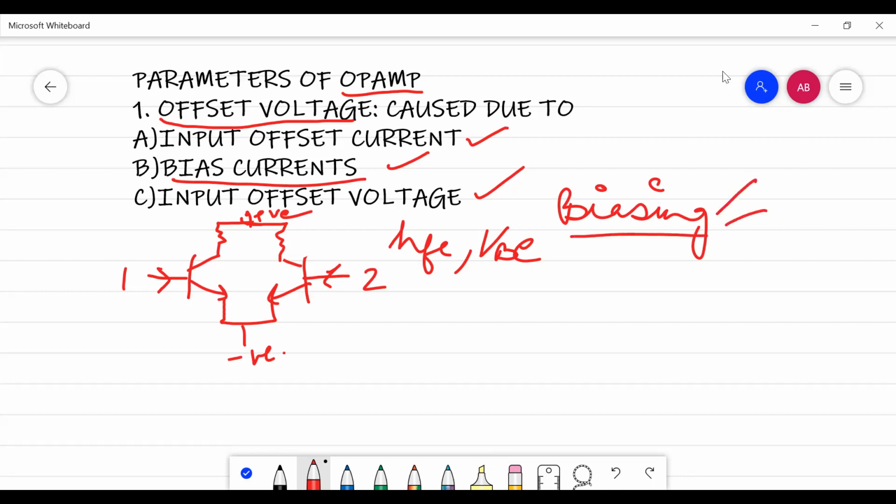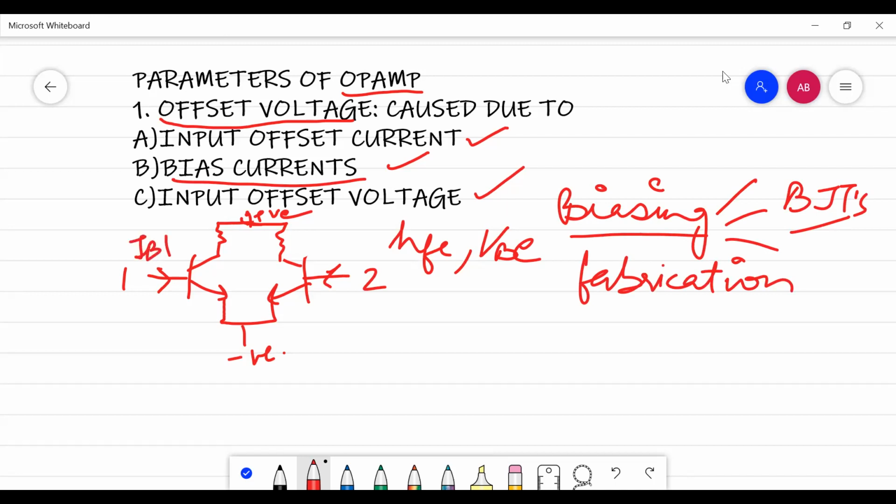There are different kinds of biasing that is used in BJTs. And when we use these BJTs, because of the fabrication defects that occur during the manufacturing of your op-amps, there is a difference in the bias current, that is IB1 and